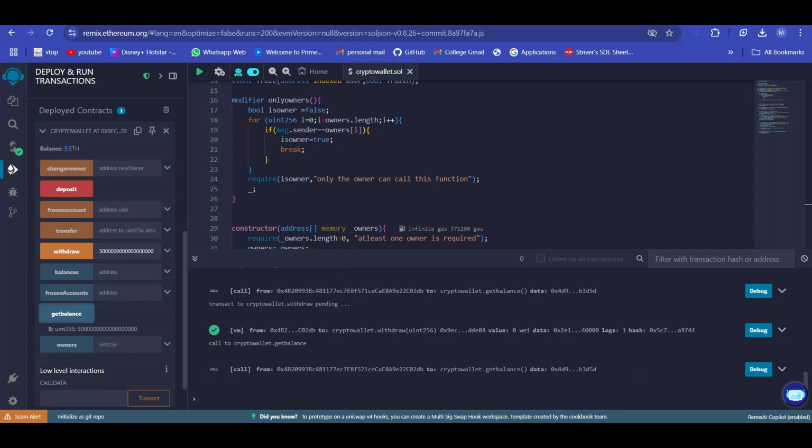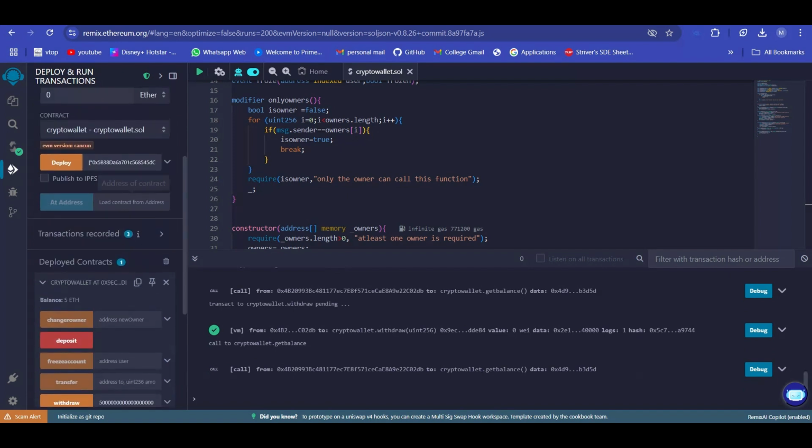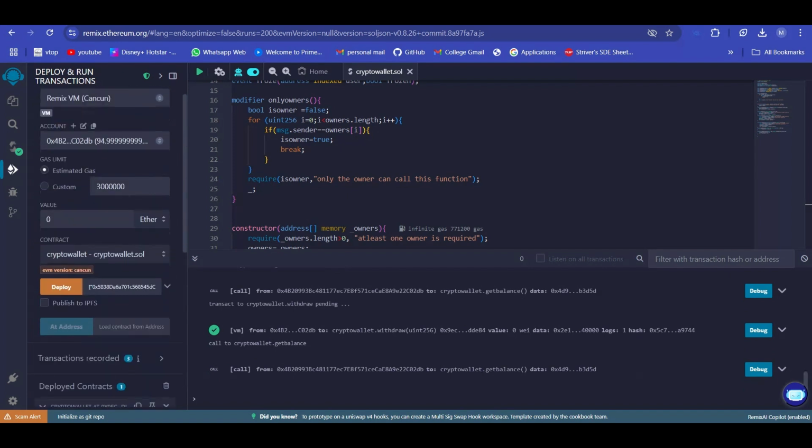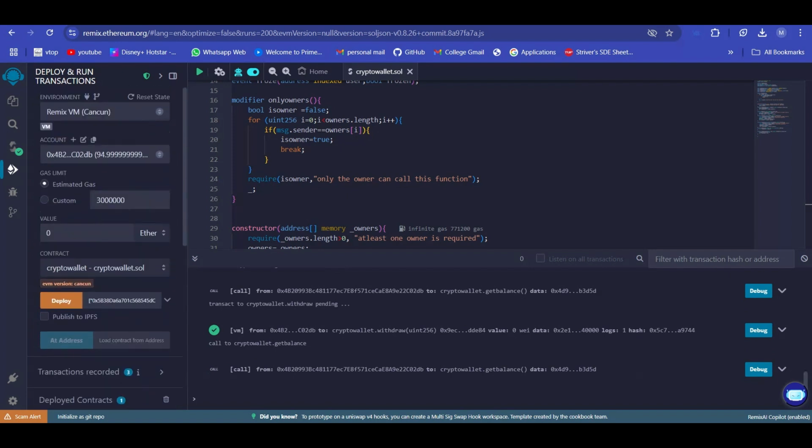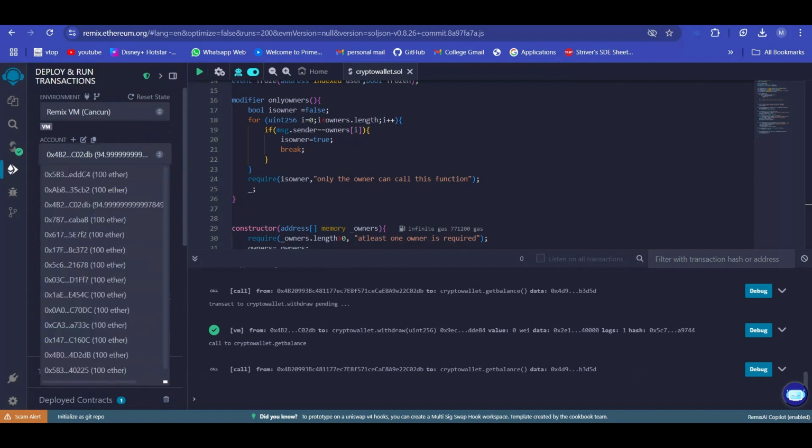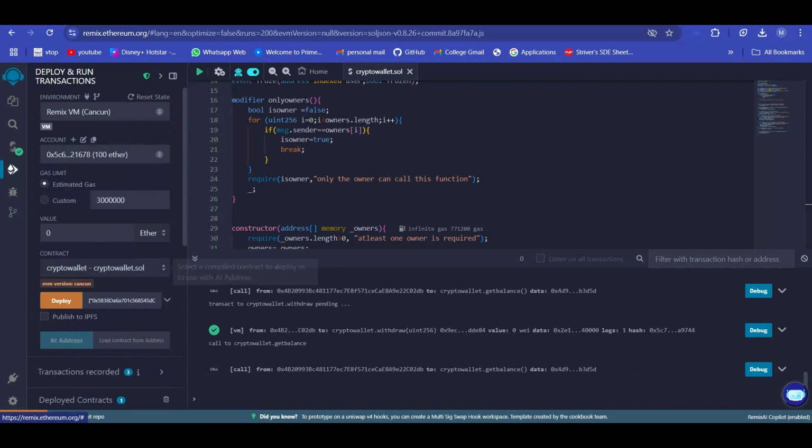Yeah, it's been reduced. Let's work on some of those with addresses now. We do the change of owners and freeze accounts and so on. Let's do the change of owners first. How we can do it with owners is, this is the owner itself. I'll change the owner from this to, let's say,